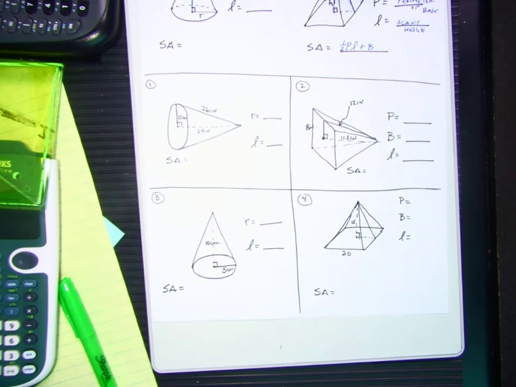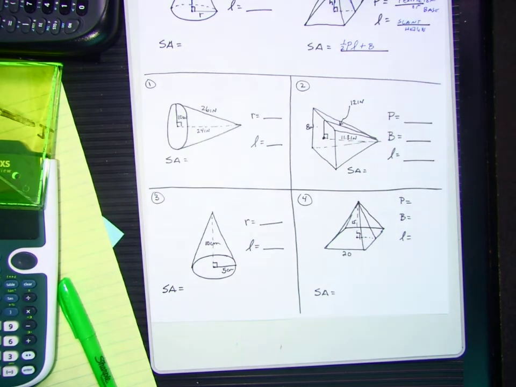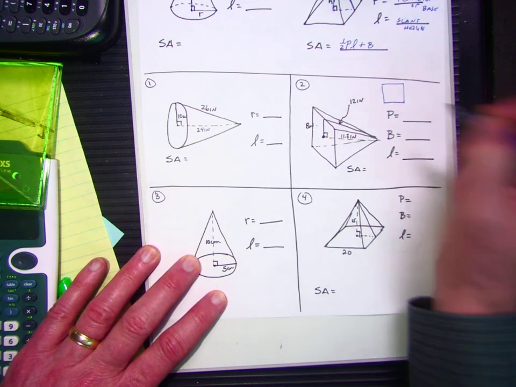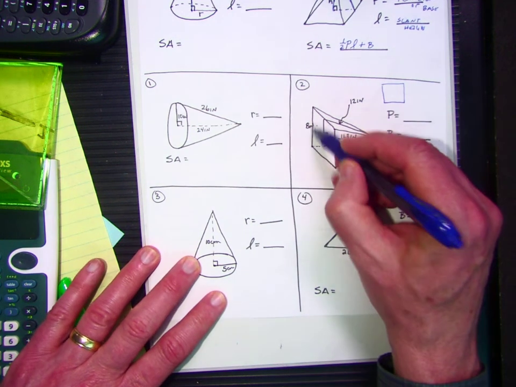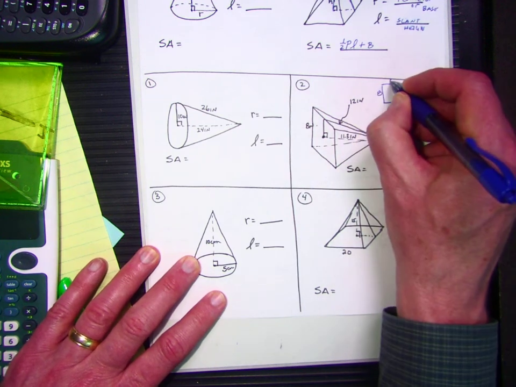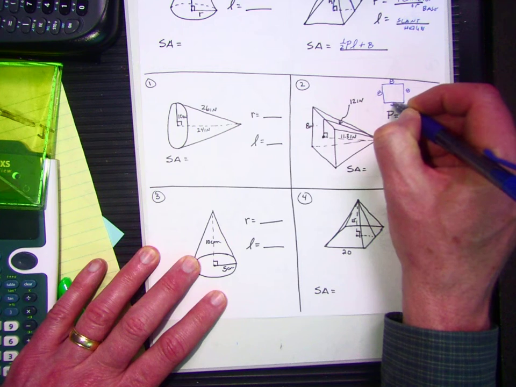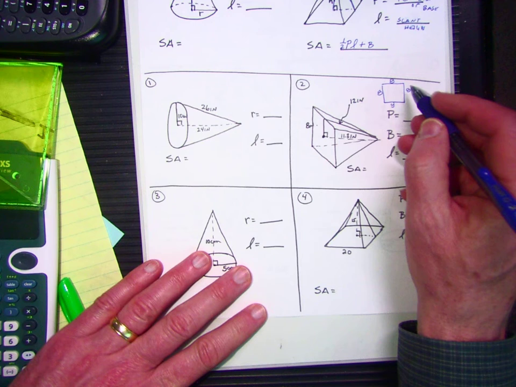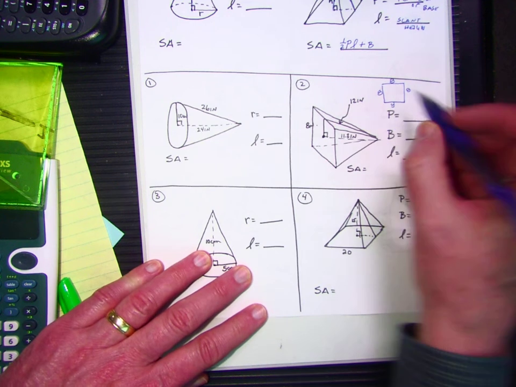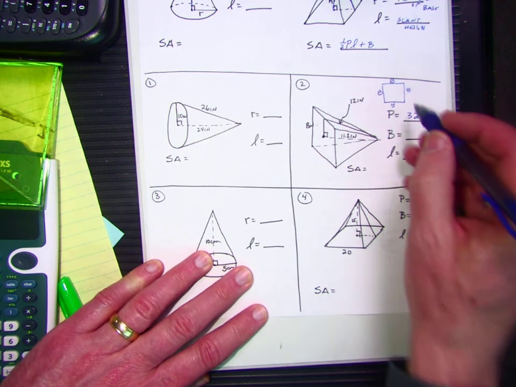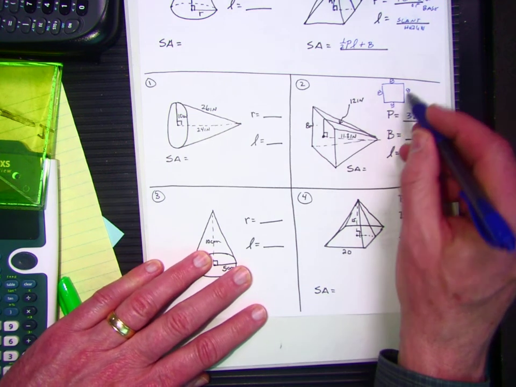what we're given there is, well, first of all, we're going to redraw the base every time. And I really want you to redraw it with me. If you look at our base, it is a square and each side is 8. From there, we're going to find the perimeter. Well, it's 8 plus 8 plus 8 plus 8, and that's 32. And the area of our base is just the product of 2 of the sides, 8 times 8,